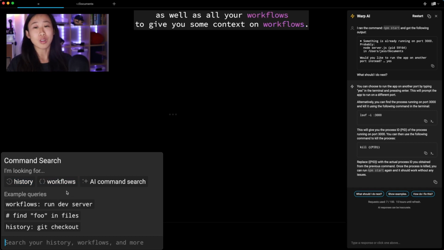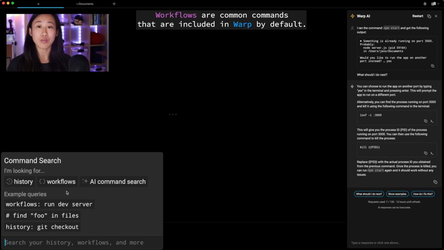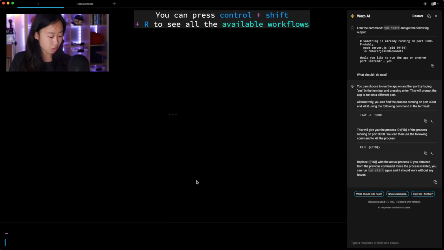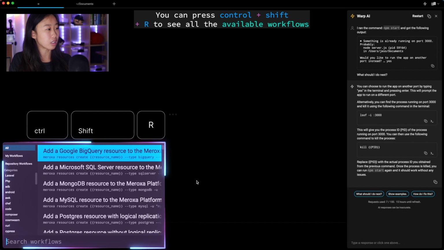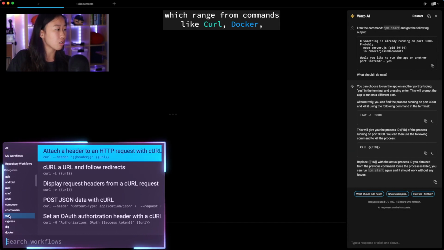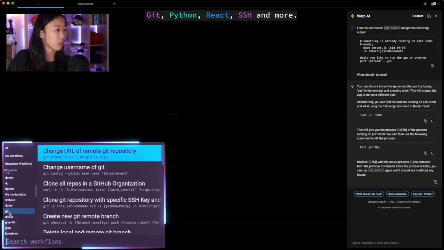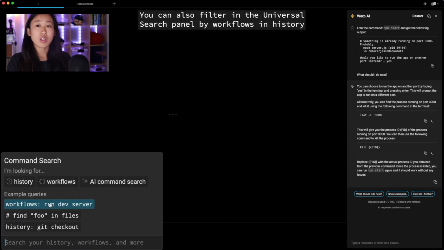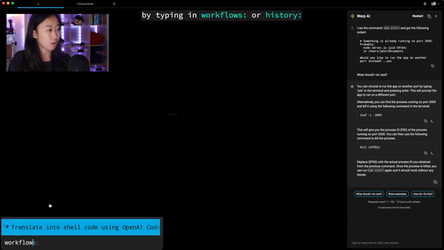To give you some context on workflows, workflows are common commands that are included in Warp by default. These are often forgotten commands that our engineers sourced from mostly popular threads on Stack Overflow. You can press Ctrl-Shift-R to see all the available workflows, which range from commands like curl, docker, git, Python, React, SSH, and more. You can also filter in the Universal Search Panel by workflows and history by typing in workflows: or history: